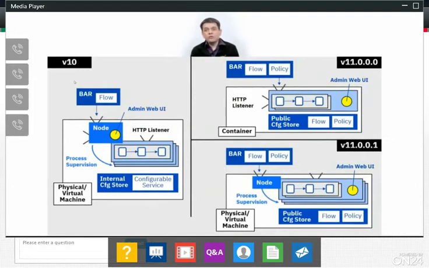You can deploy an integration node inside a Docker container, but this is slightly non-intuitive. If you're a Docker purist, you would say, well, it's the job of my orchestration framework to look after those containers. I shouldn't need to run a node process inside that container as well. And so despite the fact that we've supported running Integration Bus version 10 inside Docker containers since back in 2015,